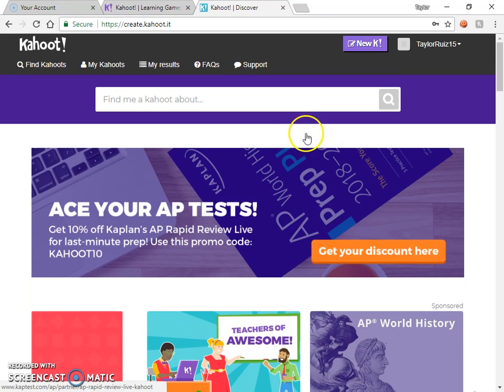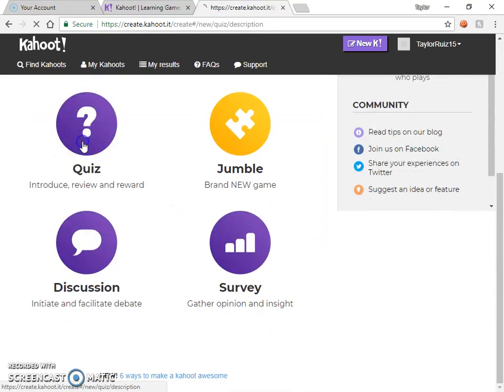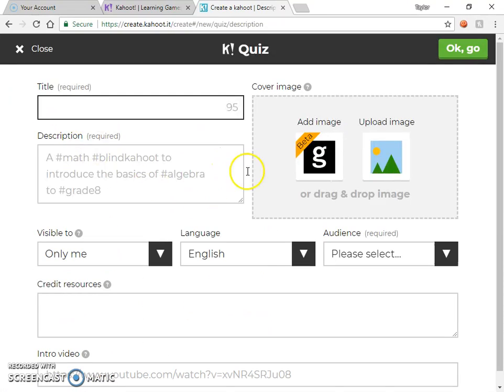Once you log in, you're going to want to go to this button up here that says New K. And we're going to create a new quiz. There are a bunch of other different features you can do on Kahoot, but quiz is the main attraction that they have. So for this quiz, we'll just use a made-up title, such as